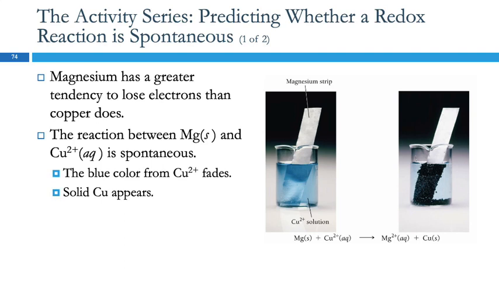If we put a piece of magnesium metal into a beaker containing copper ions, a spontaneous chemical reaction will happen. It's a redox reaction. The copper ions will become copper atoms, and the magnesium atoms will become magnesium ions. And we'll see that the blue color of the solution disappears, and we get this weird looking stuff on top